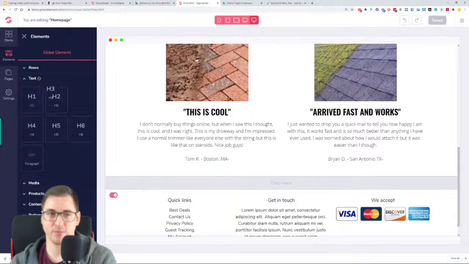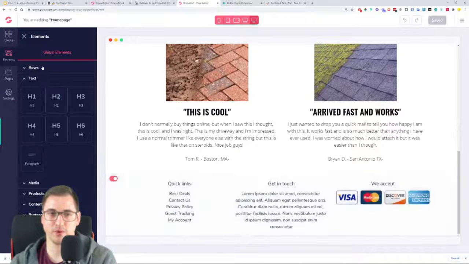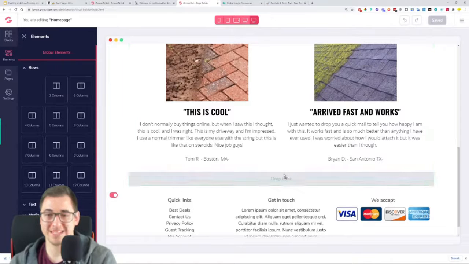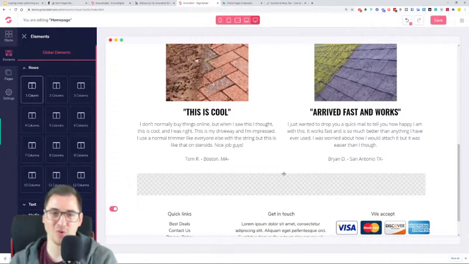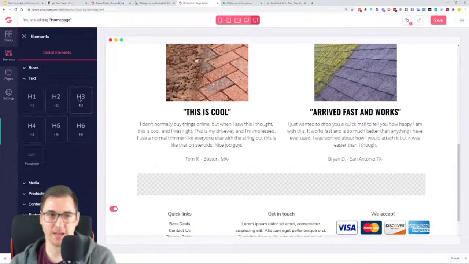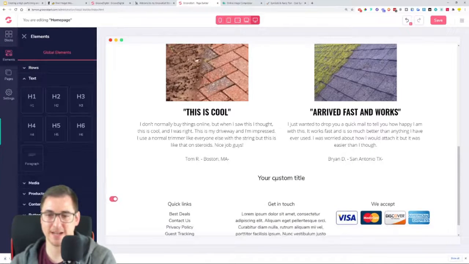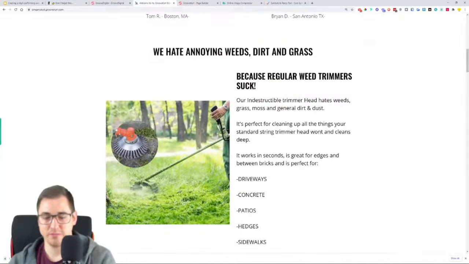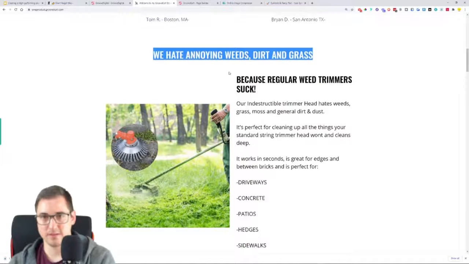but not in a separate row. So I'll just pull in a 1 column over here that is still in the same row as these guys over here. And then I will put in the text inside this column. Okay, the header will be saying this,